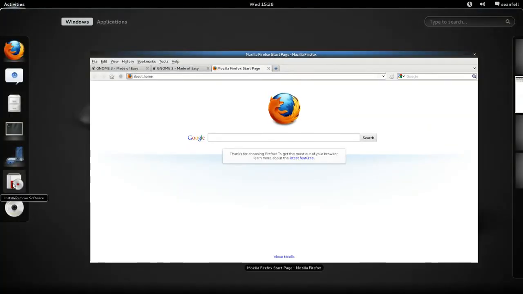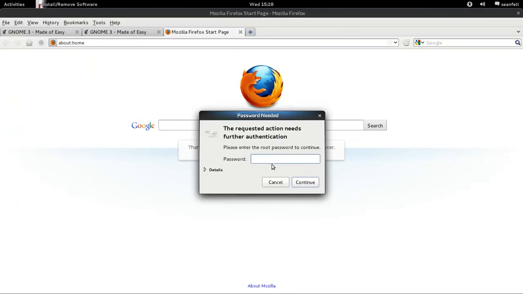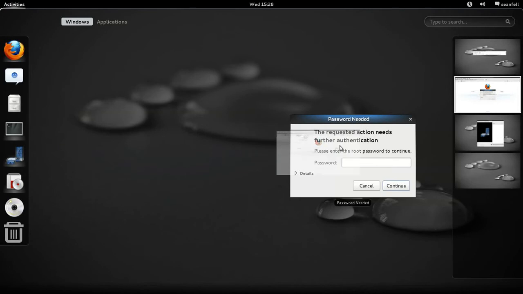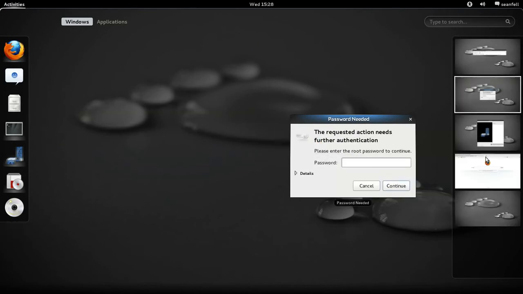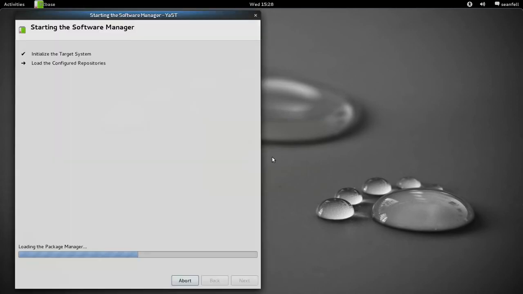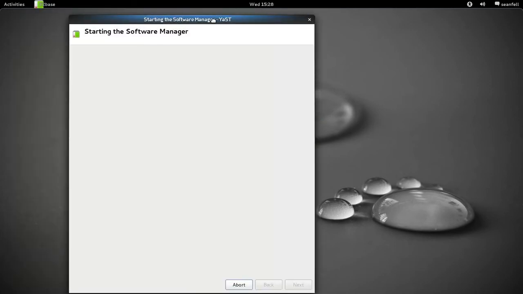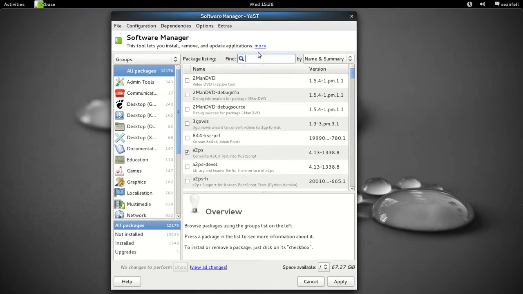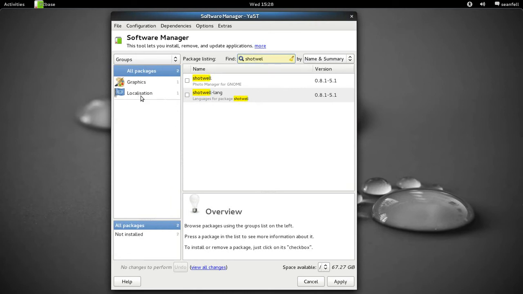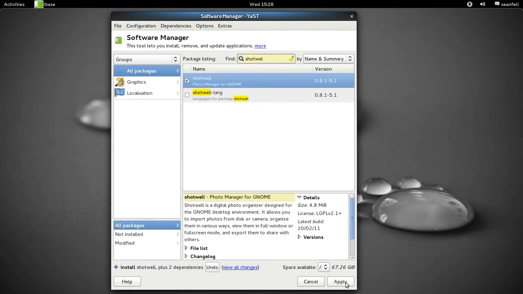We'll open the add remove software now. We need our root password. So what we do is we'll move the Firefox up here to screen 4, and we'll put in our password then. And this is our software manager, and they use Yast on this. So we'll type in Shotwell, and there's your Shotwell photo manager there. So we can apply,